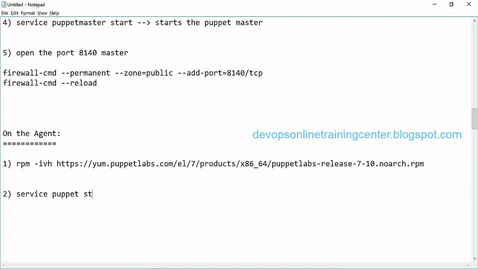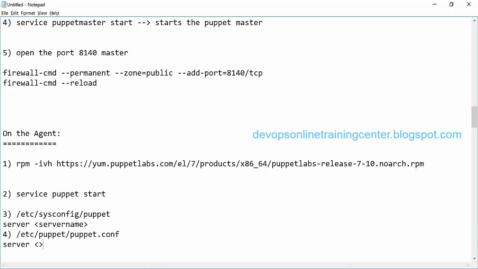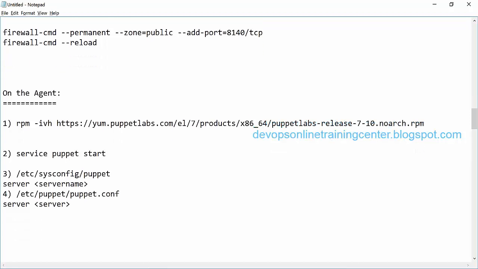So once we install the package, service Puppet start, and then go to etc sysconfig Puppet and add the server as server name, host name. This is the one step. And then the fourth step is go to etc Puppet, puppet.conf, and edit again server name as server. Right? So once that is done, then